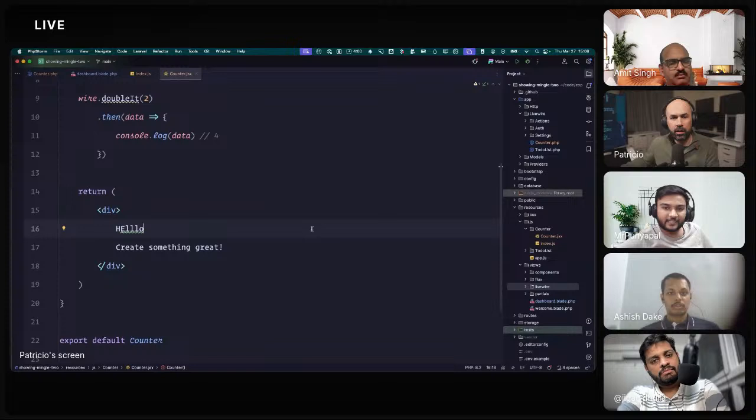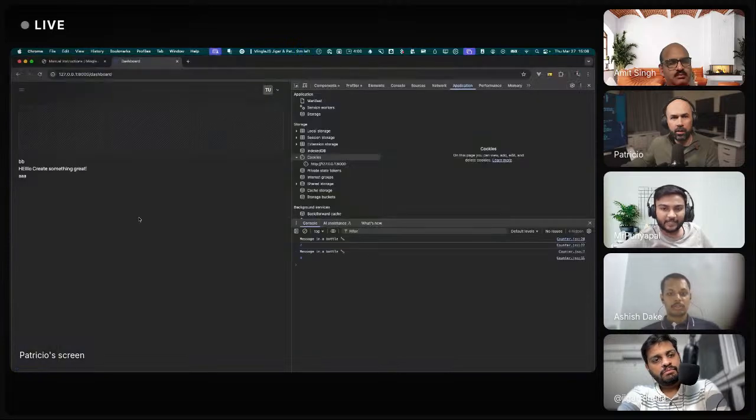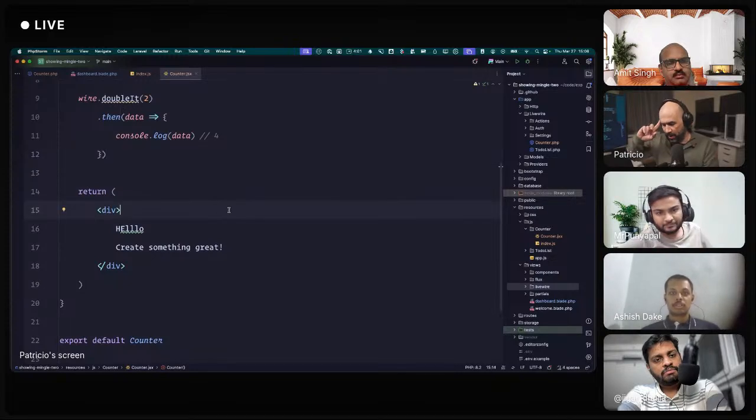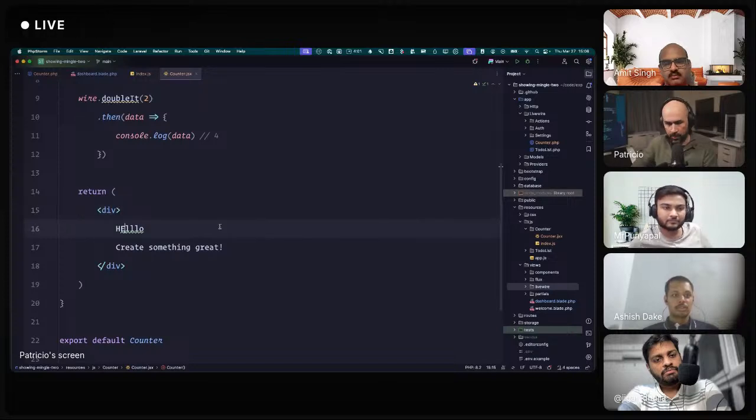Do we need to add that particular component JS file into the app.js? Like, do we need to import that or something like that? Yeah. No, that's done already because I saw something that I think might be related to my computer. I don't know if it happens on yours.